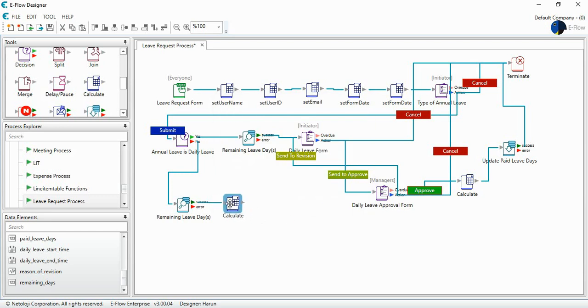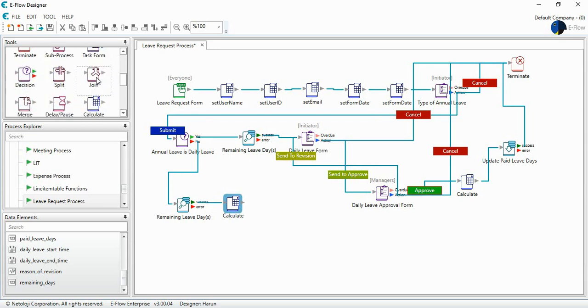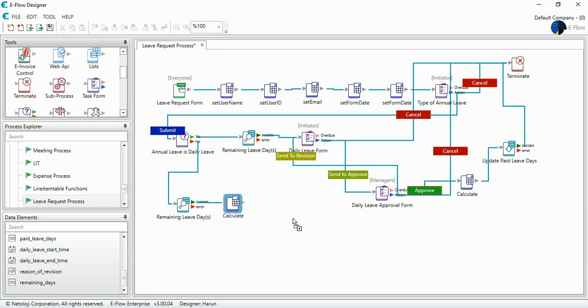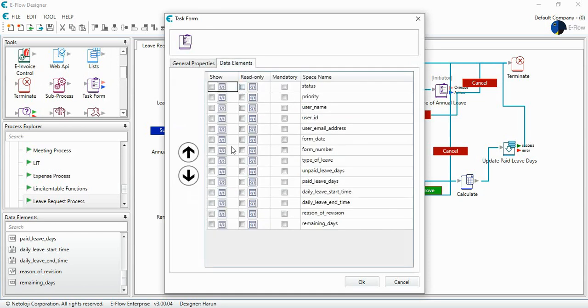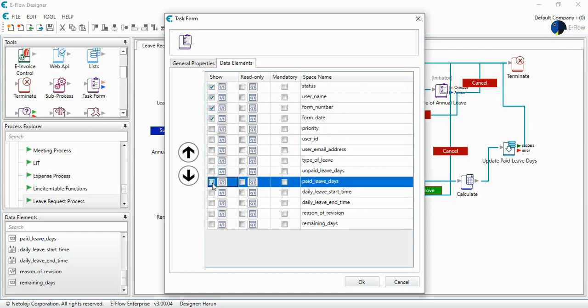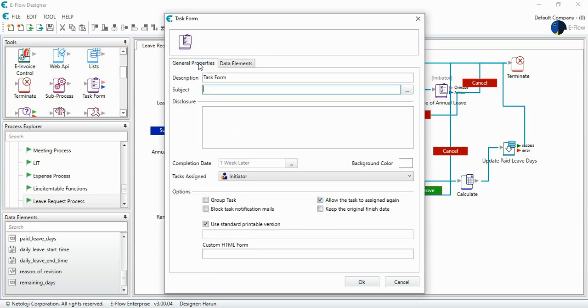Okay, then another task form I'm gonna get, and to this task form I will select first, I will show the status and username, maybe form number, after that form date, paid leave days, unpaid leave days, and at the description maybe I can write